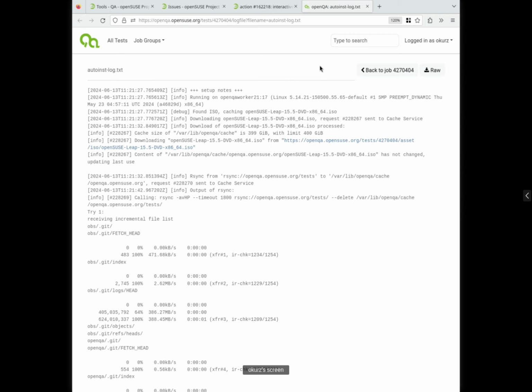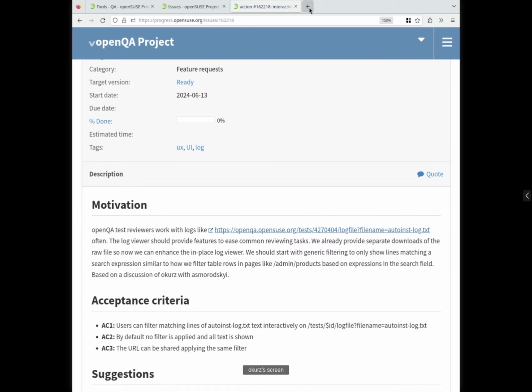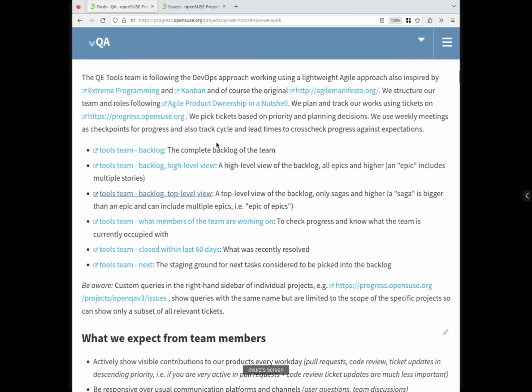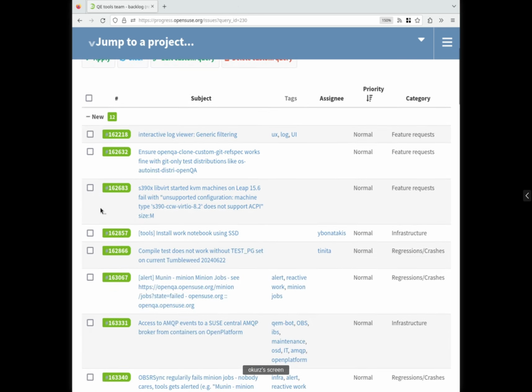For example, to just filter. So, imagine an input box here, and you could enter a search term, and then based on the search term, only lines matching that search term would show up, and the rest would be collapsed or not shown. With that, let me just shortly mention what else is currently in the backlog. So generic filtering in the interactive log viewer, the fixing of openqa-clone-custom-git-refspec for git-only test distribution,